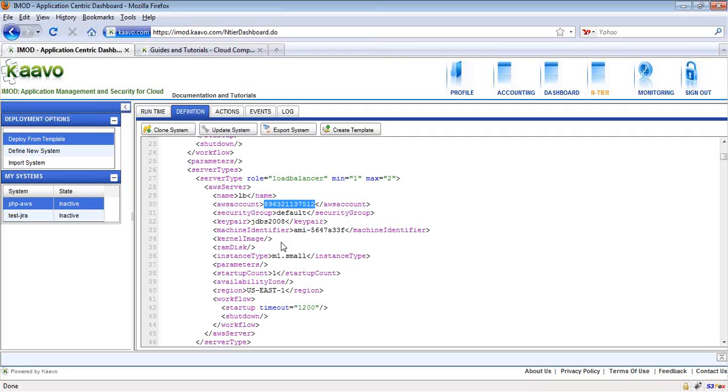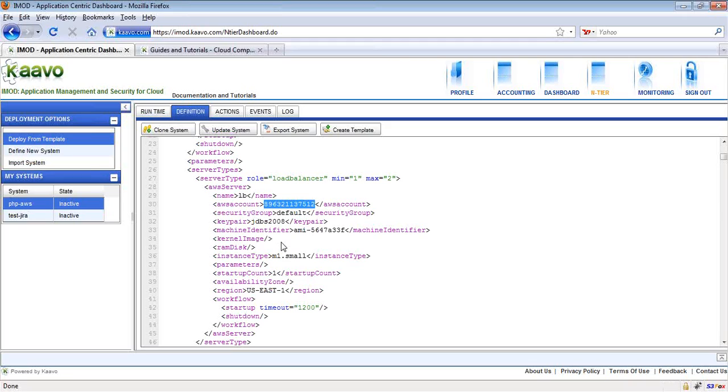But the problem here is this information is user specific. That means one user may be using one AWS account, some other user will be using a totally different cloud service account. It can be Amazon, it can be Rackspace or whatever.